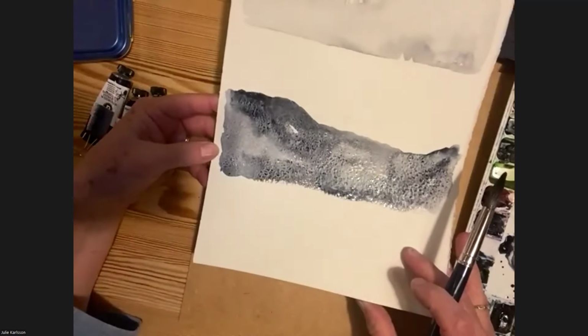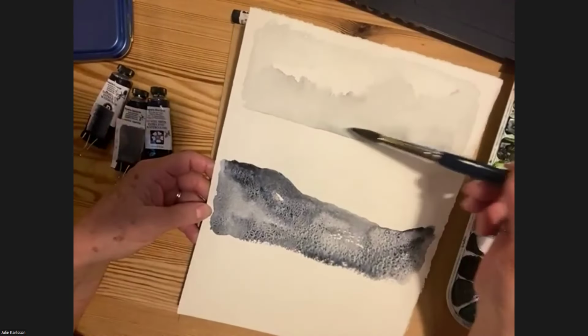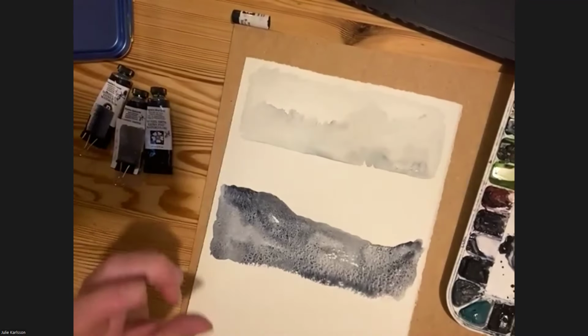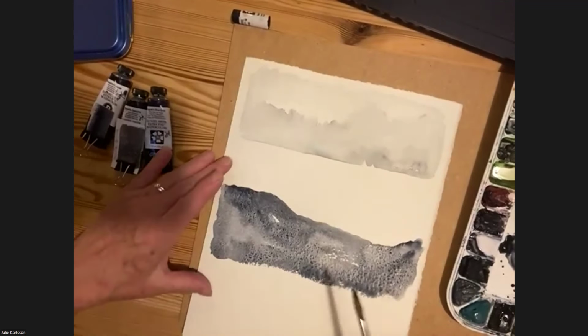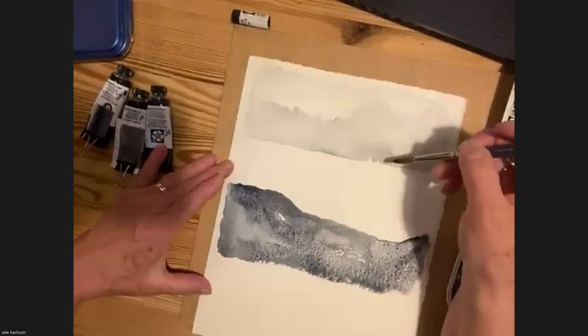And I love playing. So there you can see a little bit of the Payne's blue gray. It's much flatter. It's still a great color. It's very lively for being a gray. I think it's one of my favorite grays. But the Sodalite is just magic too. So if I go in and just play a little bit here,